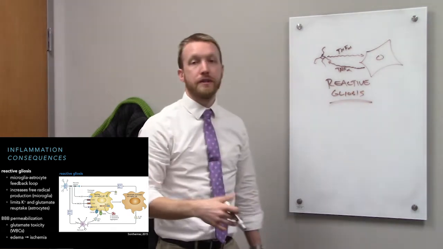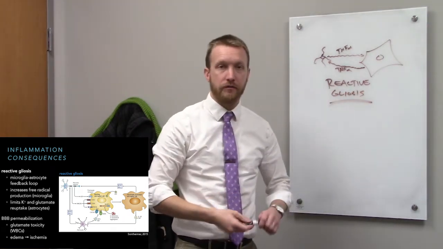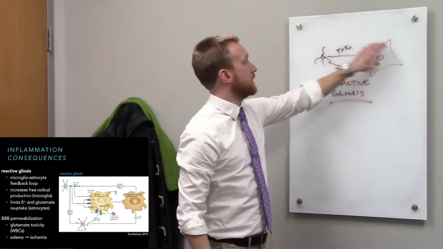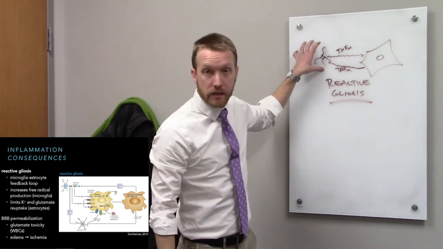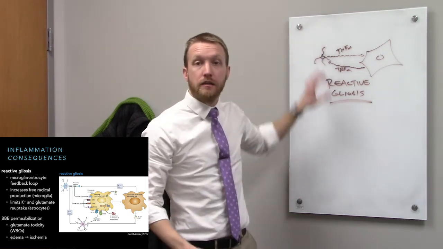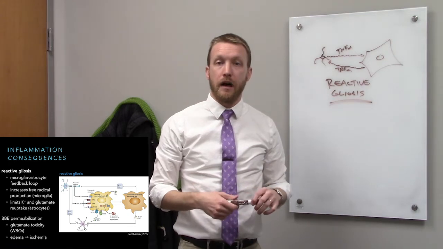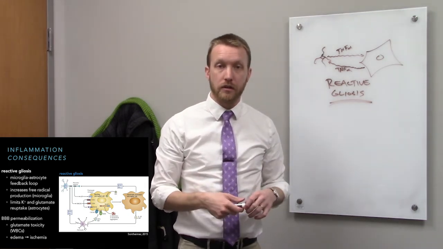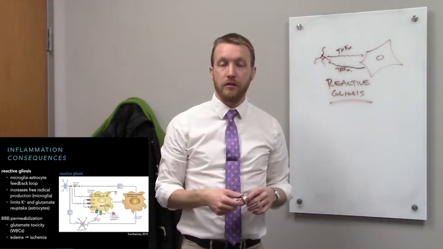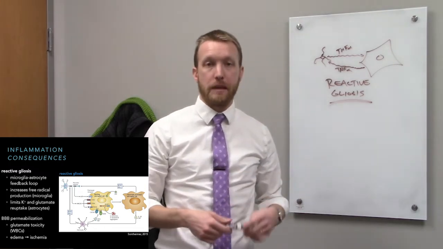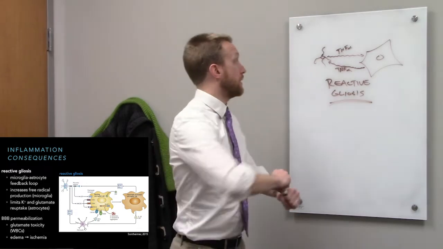So until we deal with whatever problem is causing the inflammation, this positive feedback loop keeps our astrocytes and microglia in a reactive state, so that they can then seek out and either engulf and destroy the pathogen, or remove the little bits of damaged cell, or trigger an inflammatory response so that we can